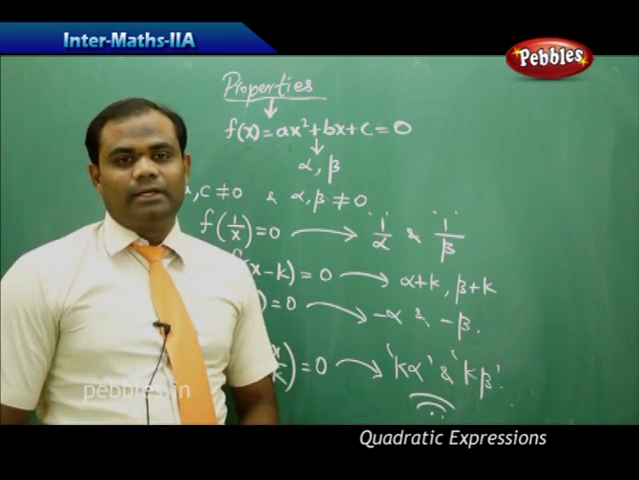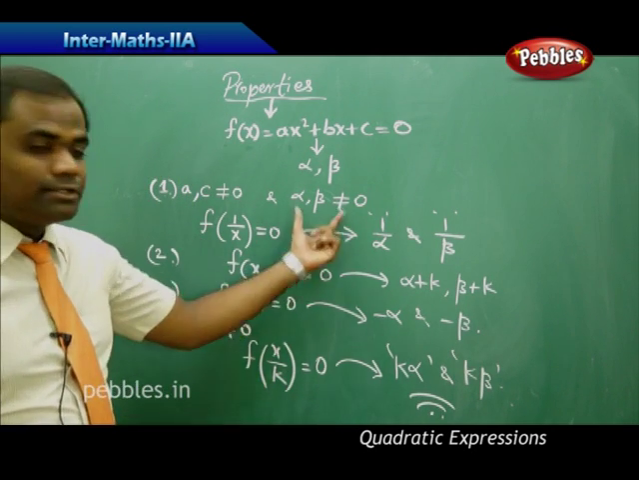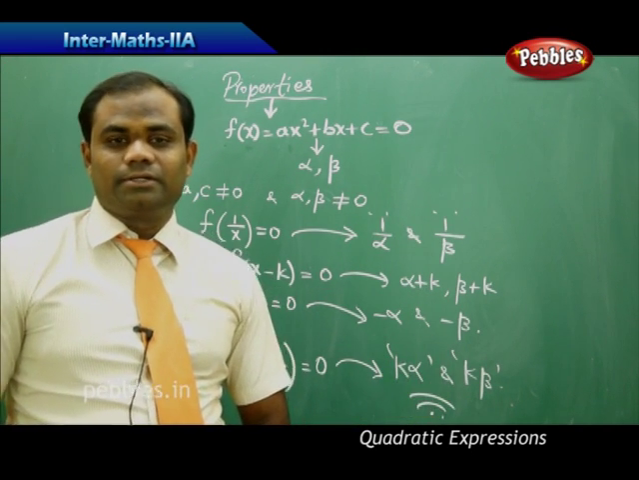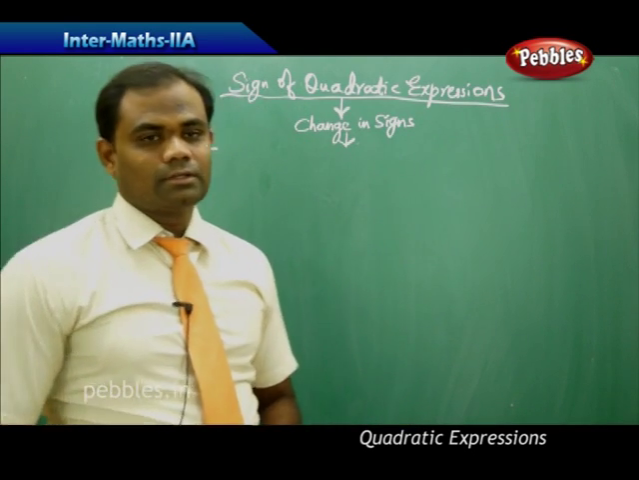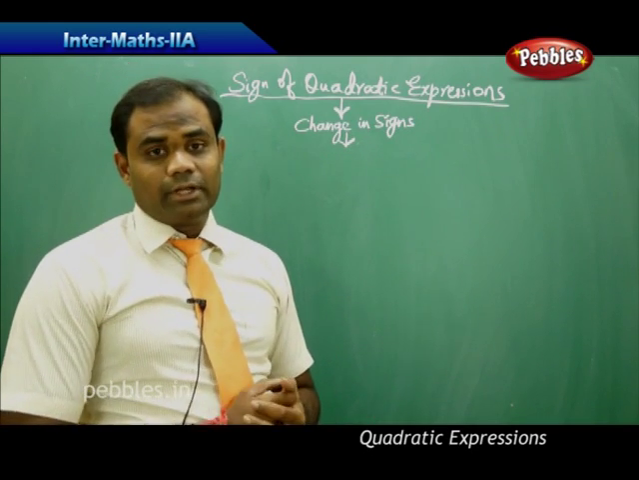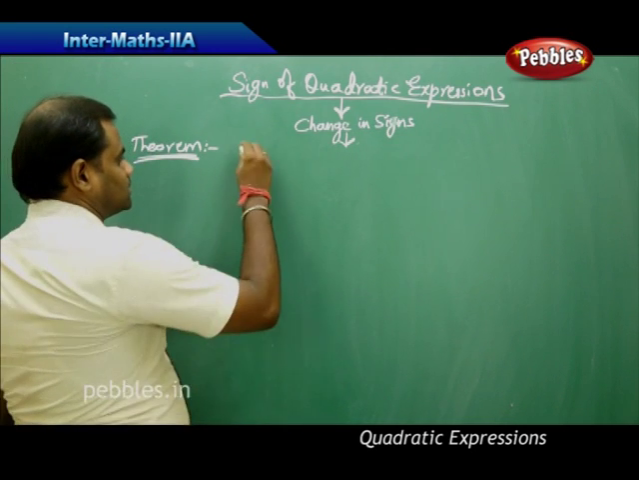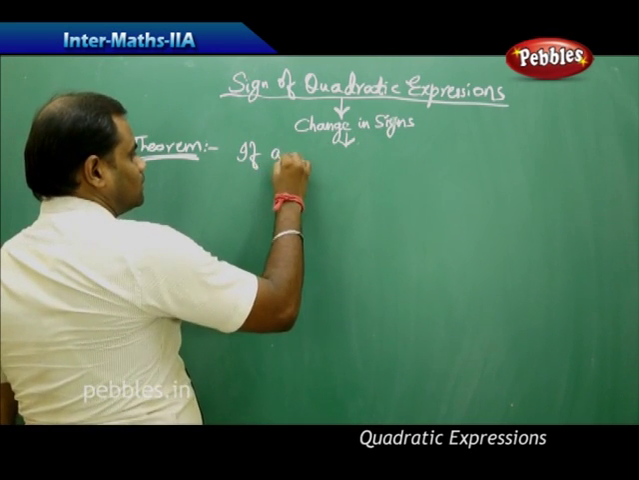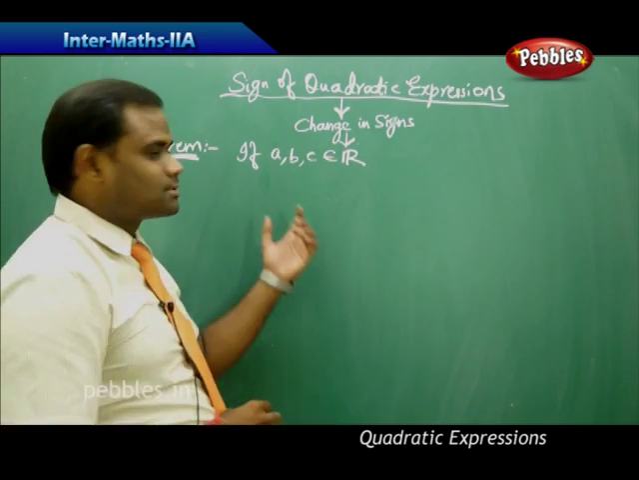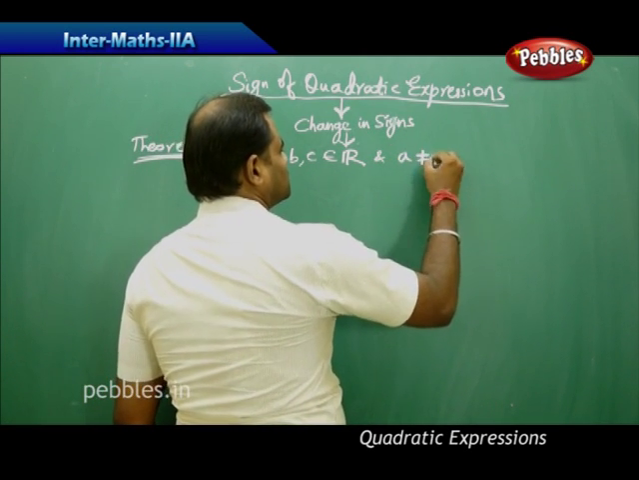We take them as formulae and then we use them for various problems which consider each of these cases, the special formulae connecting the quadratic equation and its roots. So let's see one of the theorems which connects the change in signs, or is included with the sign of quadratic expressions. The theorem states that if there are 3 real constants a, b, c belonging to real numbers, and a is not equal to 0,